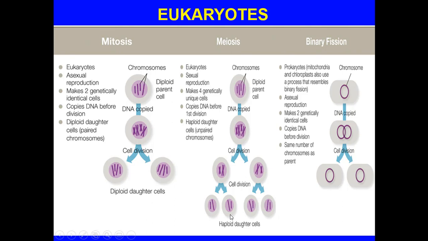Now, haploid means you have 1/2 of the number of chromosomes that normally a diploid would have. Humans would be 46, and that's diploid. Haploid would be 23. But when you have these 2 haploid cells fused together to form a zygote, you now reestablish yourself in a diploid status. Prokaryotes, and don't forget mitochondria and chloroplasts. Binary fission, basically asexual reproduction. You copy the chromosome, the cell divides, you have an exact copy.